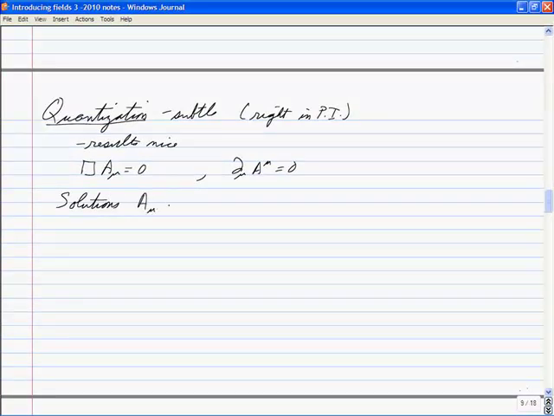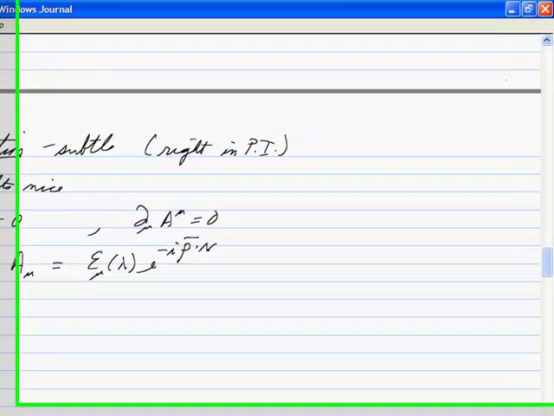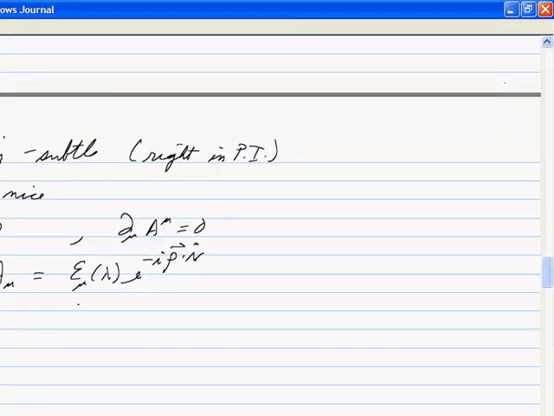A mu is of the form some polarization vector, which is labeled by lambda, e to the minus i p dot x. So plane waves with a polarization,